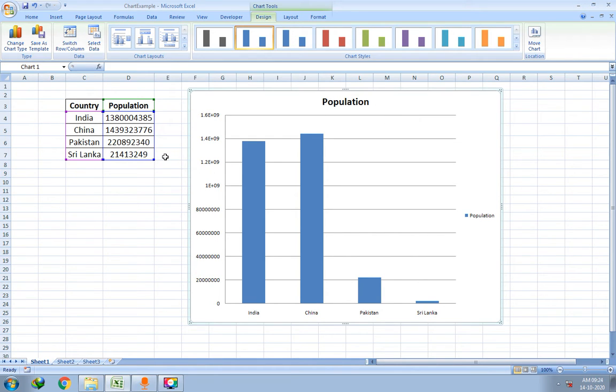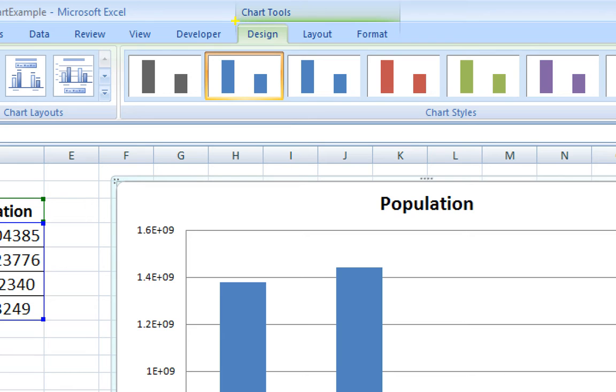So first of all, in order to see the special three tabs provided for the chart, you have to select the chart first. So let me click on the chart. So this is my chart. I will click anywhere randomly in this area. Now dear students, you can see the three chart tools are design, layout and format. These three tabs are specially provided for the chart: design, layout and format, right?